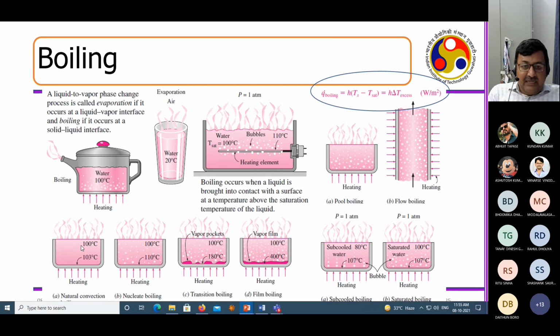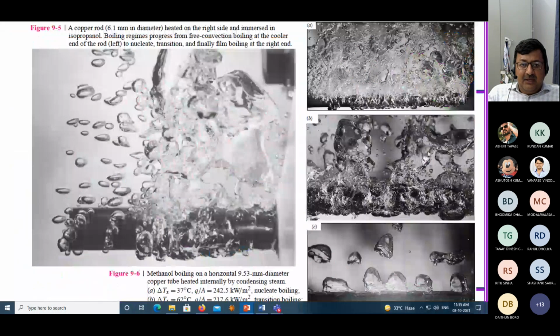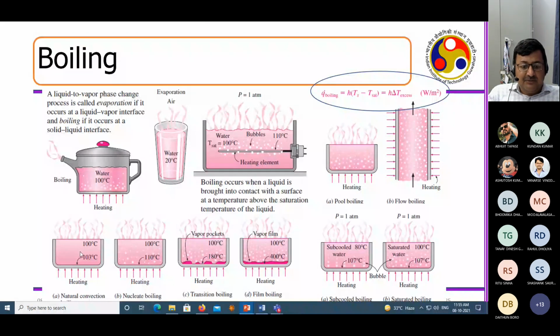When you start heating it under a heater, initially you generate natural convection. You will see the fluid start moving as you heat it. I'm talking about this experiment, at the later stage when I have turned on the gas and put the bowl and the water. At the initial stages of heating, if you are careful, you would observe those recirculations. Then one or two bubbles will come, but they will not escape. They will just collapse and explode there itself.